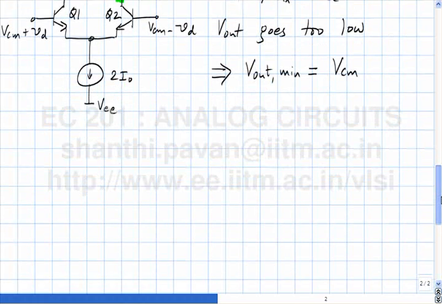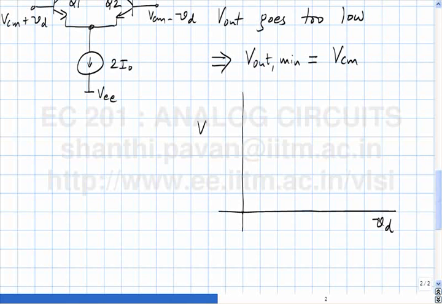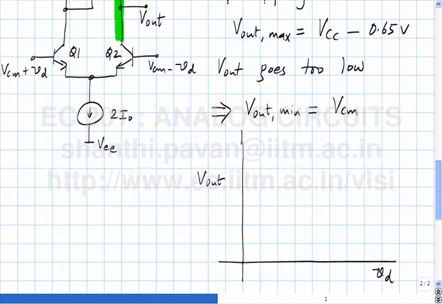So in other words, based on this knowledge and the fact that the gain is very, very large, if I plot VD on the x-axis and the absolute potential at V out on the y-axis,